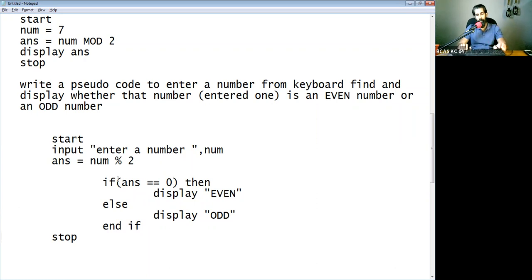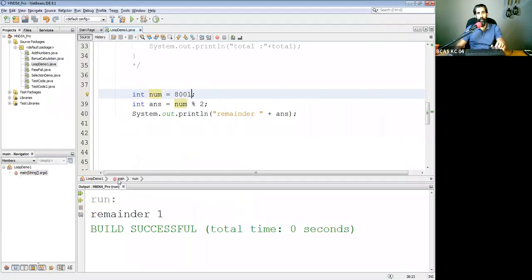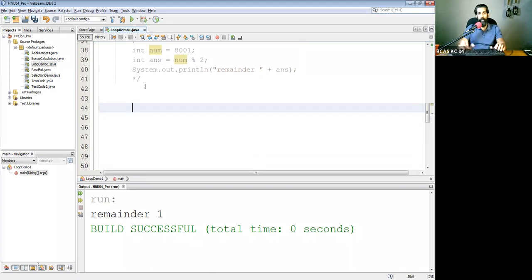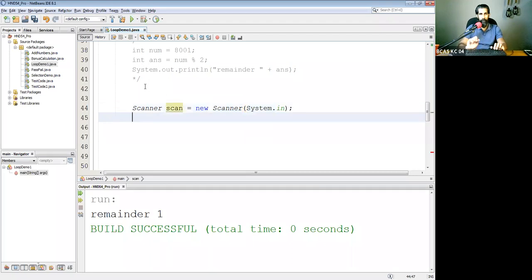This part I'm going to demonstrate to you using the Java program. Right, let's stop that. Right, so now if you want to get the input from the keyboard, I have to prepare the code. So I'm going to say Scanner scan is assigned to a new Scanner.